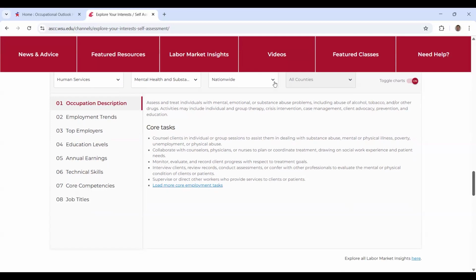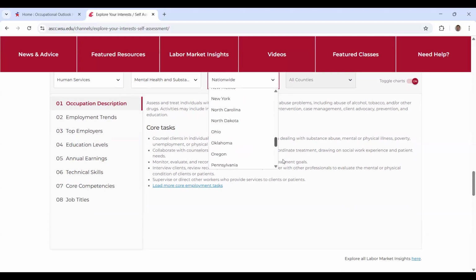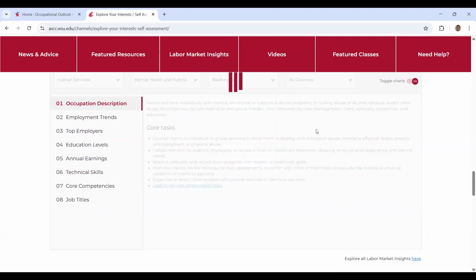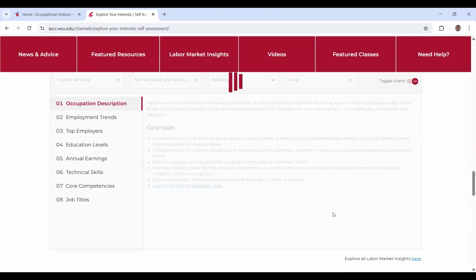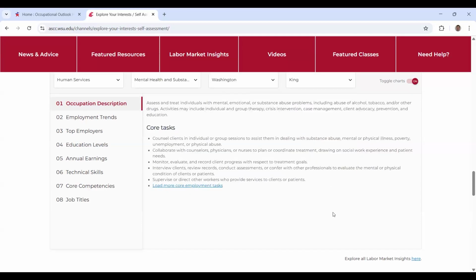I'm going to continue the filtering nationwide. I'm going to do Washington. That makes sense. Just because it's usually the best for highlighting the tool, and because I'm in Seattle, I'm going to highlight the county of King County, where Seattle is, largest county in Washington State. But this is going to help you when you get to those top employers to figure out which employers are hiring in your area. So I'm interested in researching being a social worker, and I have my MBTI Truity work